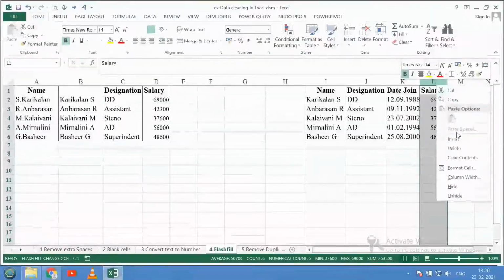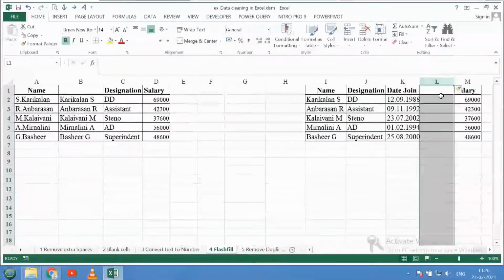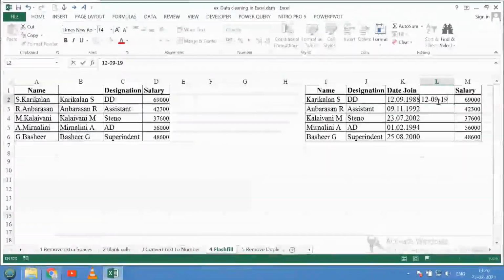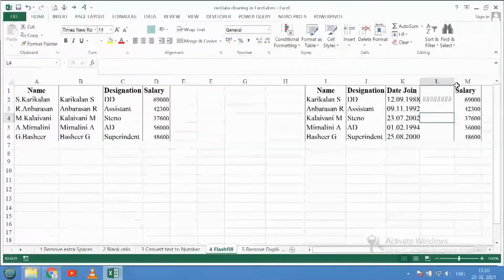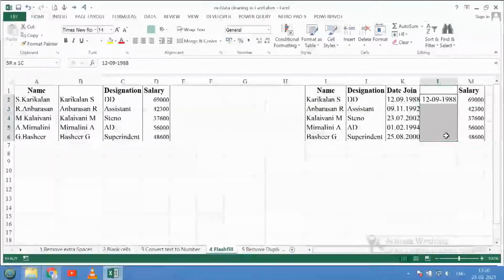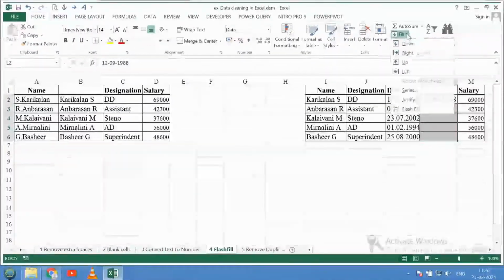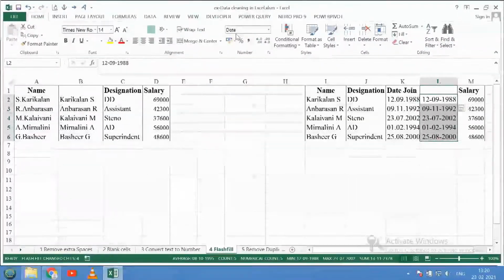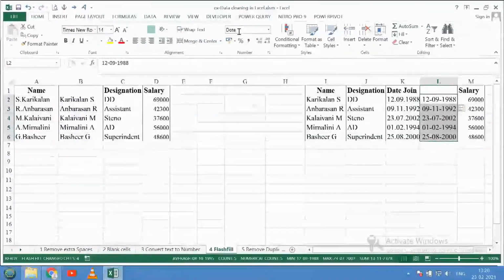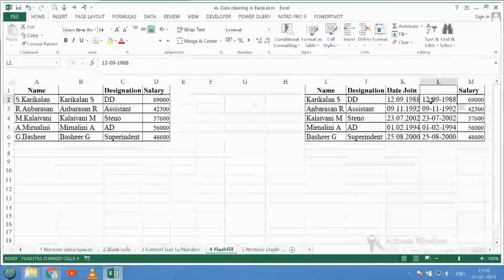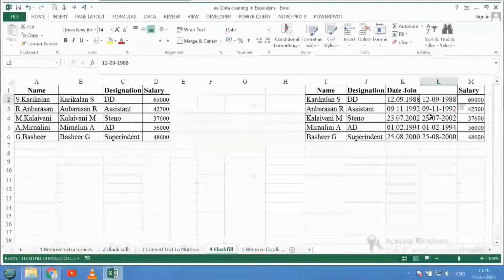For this, introduce an adjacent column. Here enter the date in the correct format. Then select this cell and the adjacent cells. Then go to fill, use flash fill. Now the date is appearing in the correct format, day, month, year with the separator. So if you look at the top, in the data type, it shows as a date. For this, the data type is general. So this date can be used for analysis.